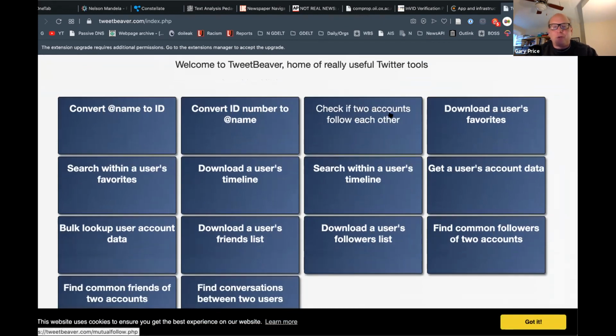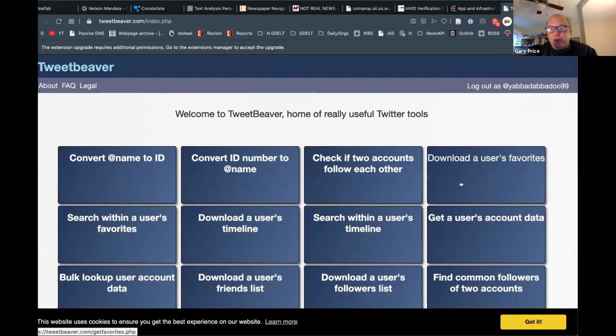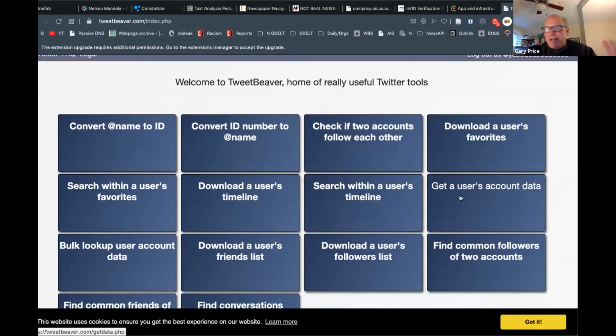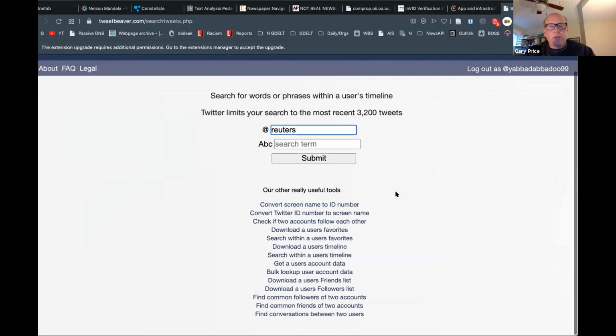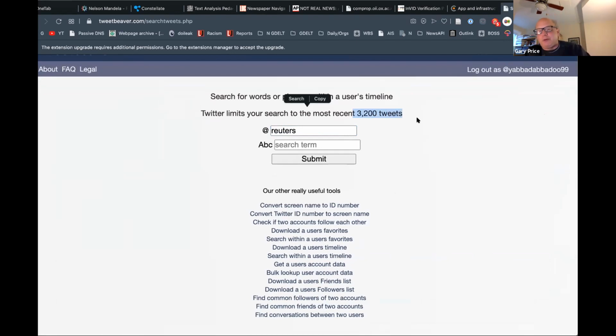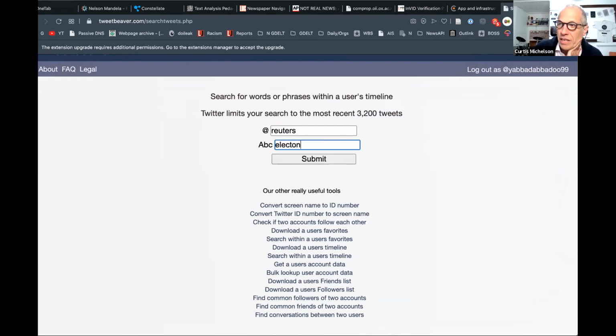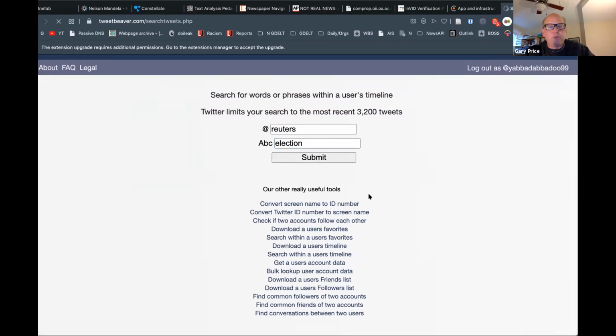So for example, you can check if two accounts follow each other, download the user's favorites. It's allowing a non-developer to take advantage of some of the things that a developer who has access to the API and can code with it can do. So for example, if you wanted to download a user's timeline, I'll just take Reuters here, with one click, and again, the API of Twitter limits anybody to the last 3,200 tweets. With one term, I can, maybe COVID or something, there you go. So you can do this by keyword, or you can go to another link and download everything, and it gives everything to you in a nice spreadsheet,